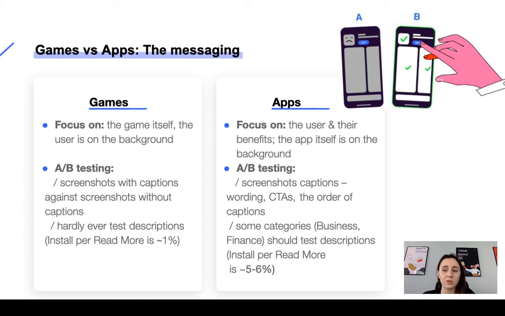Apps instead should always have captions. The text has an educational purpose, as it explains the value and why users should tap Get. So apps will A/B test the wording, different variants of CTAs, and the order of text messages placed on screenshots. As for the full description,